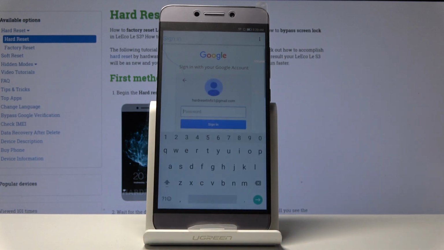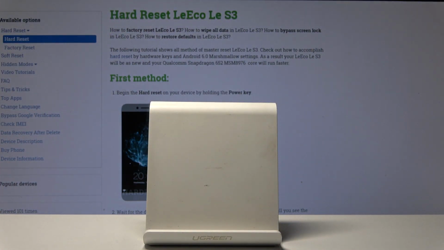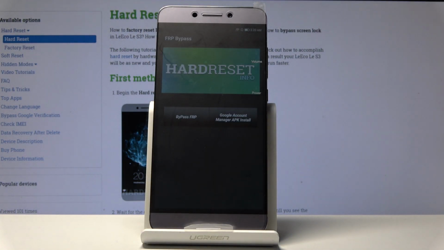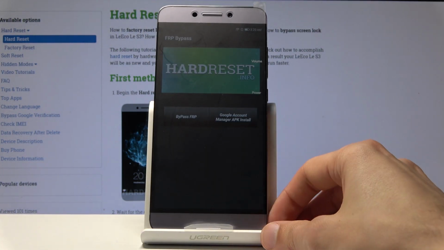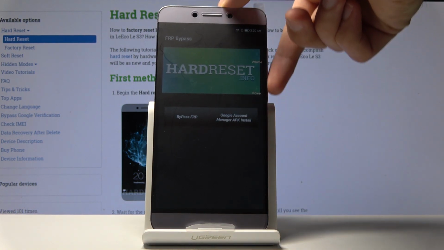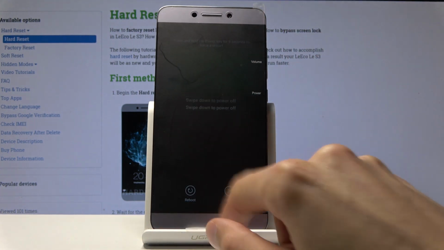Tap on next and then put in your password. So I'm going to do that off the screen. And then tap on sign in. You'll see that it starts signing in, and once it's done, it will take you back to the FRP bypass app. So from here, all you need to do is hold the power key and slide down to